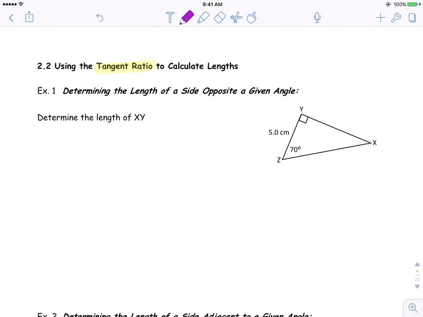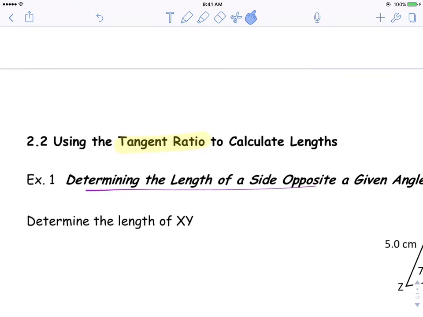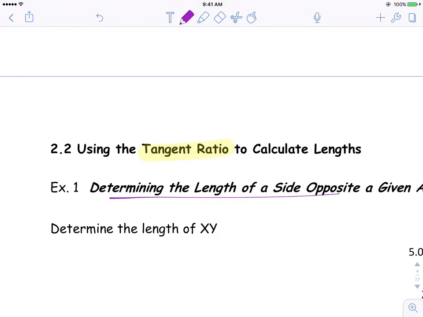Okay, so yesterday we looked at solving for missing angles using the tangent ratio. Today we're going to look at finding side lengths, just like it says right here. Determine the side length opposite a given angle. So at this point, all we do know is the tangent ratio of the three ratios that we're going to be looking at. So like I said in class, the first thing we do